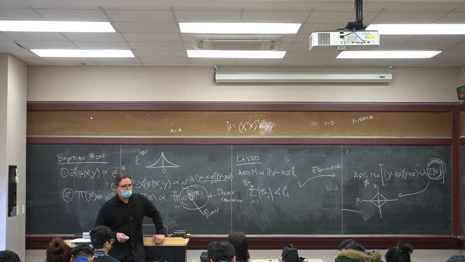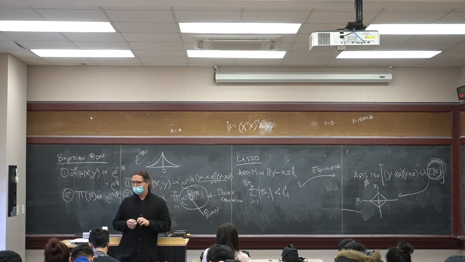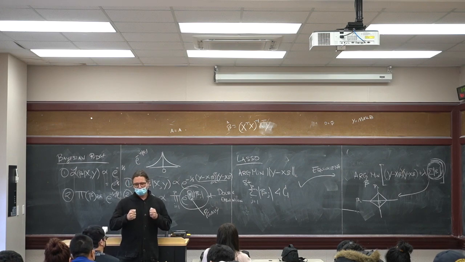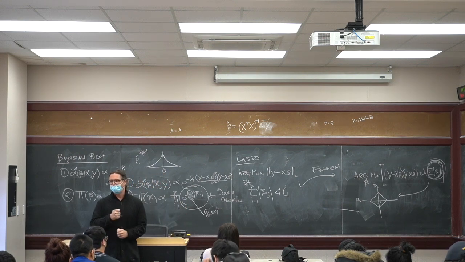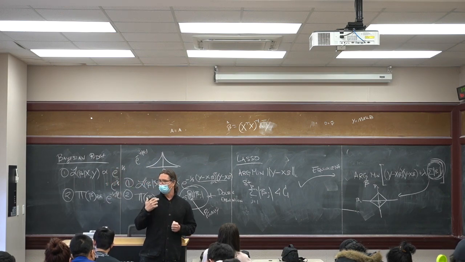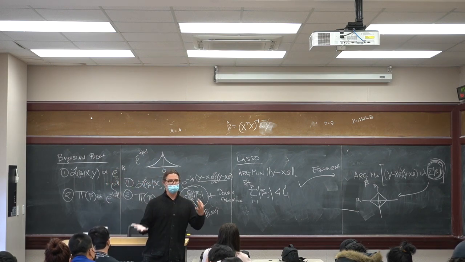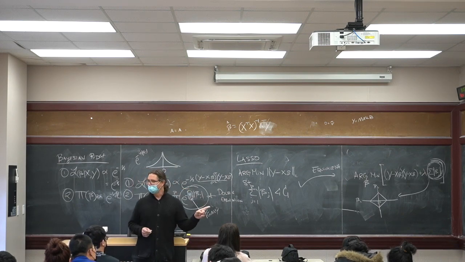The SSVS algorithm, the one using the point mass priors, is going to give you a little bit more, because now I'm going to have correlation between the inclusion and exclusion of the betas. So they're going to be going in and out of the model, and I can see which ones are related to each other. I think that's good because I have this joint model selection going on. And it's controlling for everything, whereas this is just a penalty.